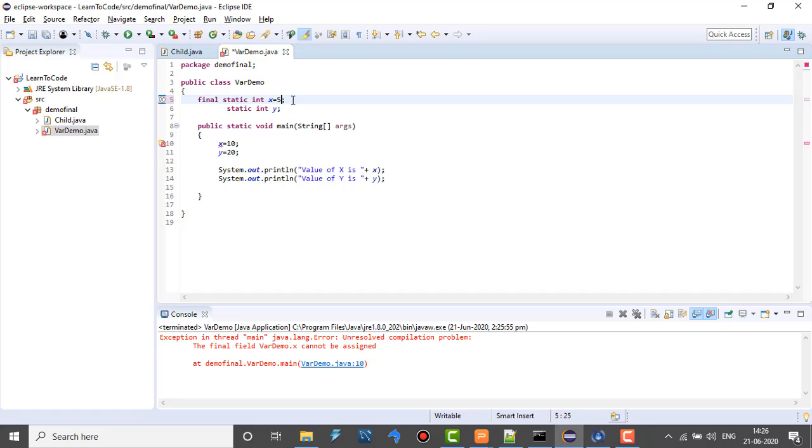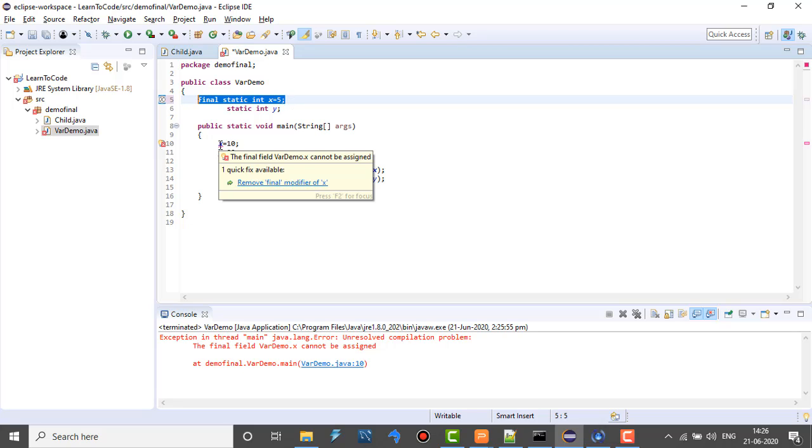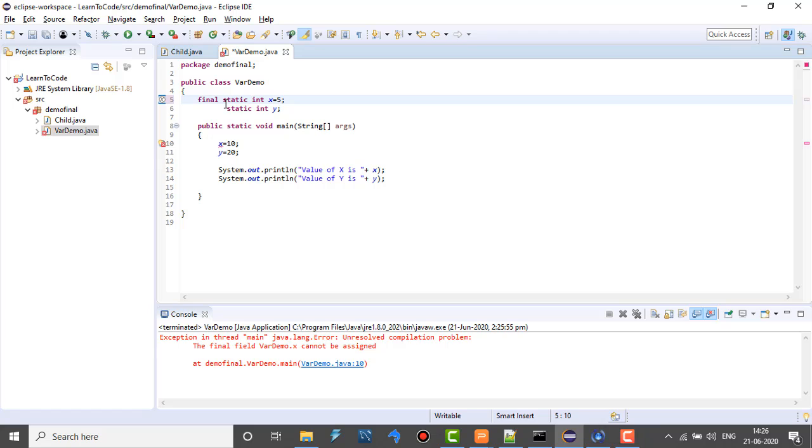So you see now we have initialized the final static variable x where it was declared, and now we have this warning which says remove final modifier, which means that we are trying to assign a value to a variable x which already has some value and has been declared as final. Means that we are trying to assign a final variable a value, which by Java convention cannot be done.